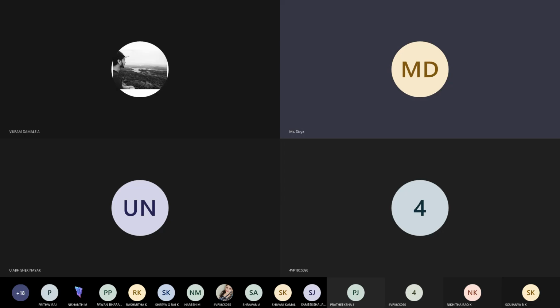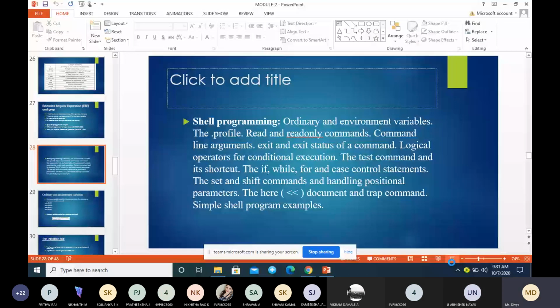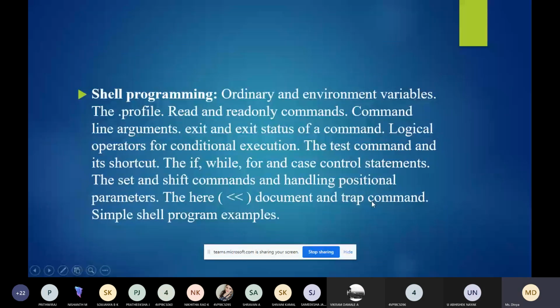So today we'll be studying shell programming, or essential shell programming. These are the topics we are going to study under this chapter. Shell programs run in interpretive mode. That means it can also take input from the user, and each statement we write in a shell program will be loaded into memory when it is executed.